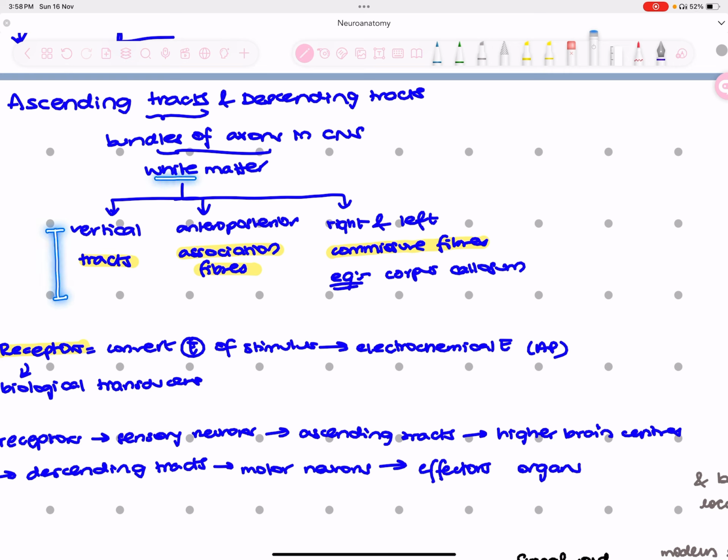Now, what is the definition of white matter? It's basically a bundle of axons that are present in the central nervous system. I told you that "bundle of axons" is an incomplete definition. You need to attach the words central nervous system to clarify the location, because you will find white matter and gray matter only in the central nervous system, not in the peripheral nervous system. So again, what are tracts? It is basically the white matter that extends cephalocaudally, and white matter is the bundle of axons found in the central nervous system. This is the way you're going to take your definition. White matter that extends cephalocaudally is tracts, white matter that extends anteroposteriorly is association fiber, and white matter that extends from right to left is commissure fibers.